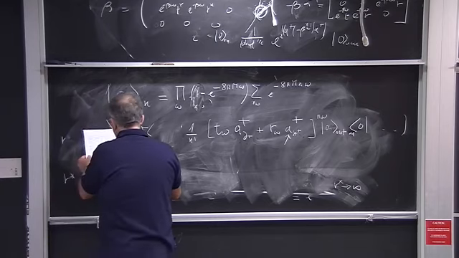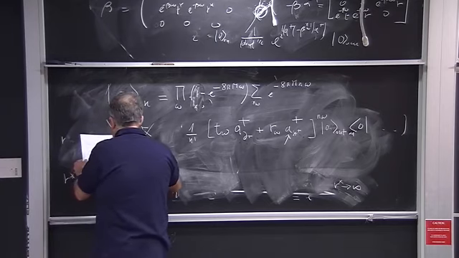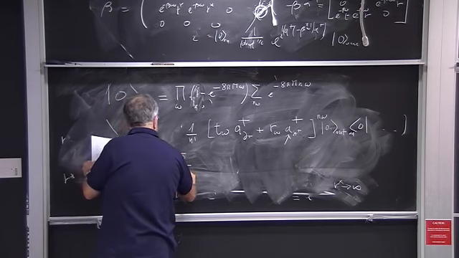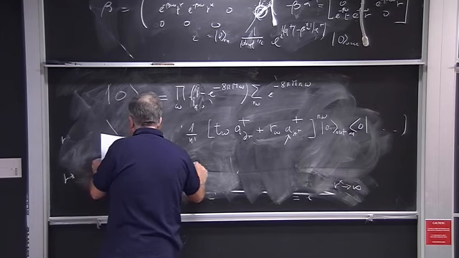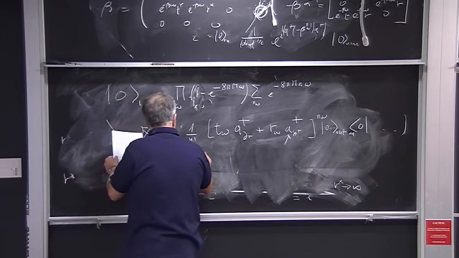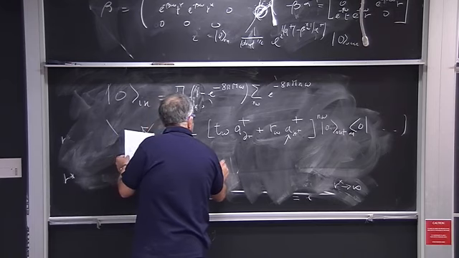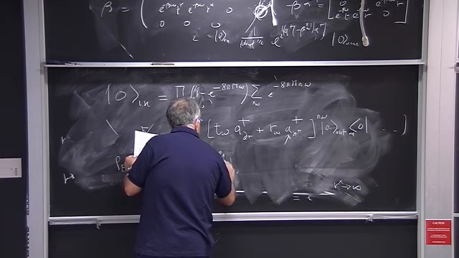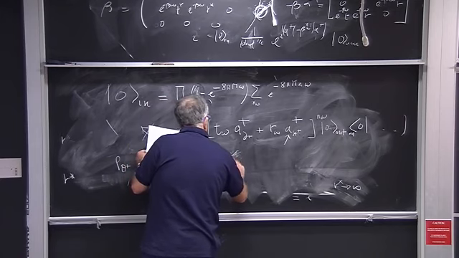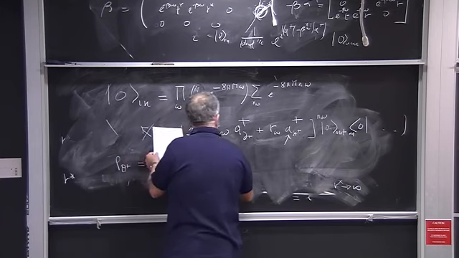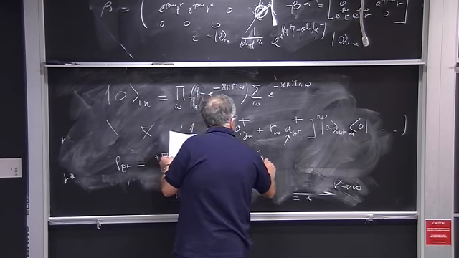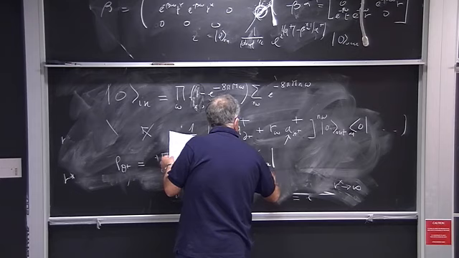And this has the form: the product over all the energies, the sum over the modes at a given energy, and omega sky plus a matrix P of omega, that depends on the temperature, n omega sky plus,